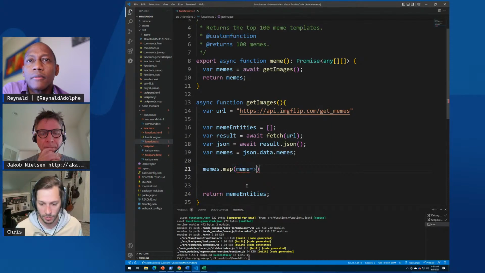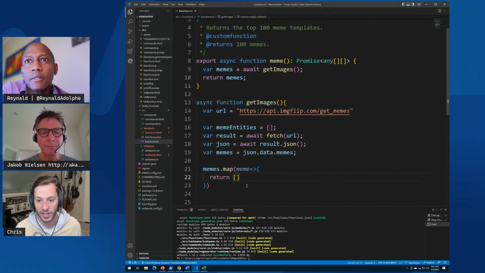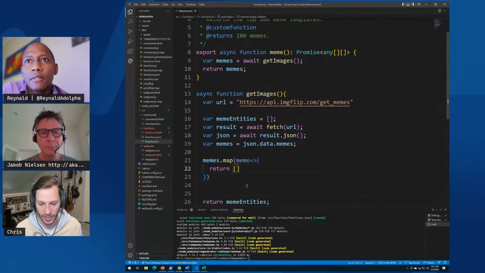In this case, I'm going to take in a meme. And what I want to do is the return that we're going to have, and this is where that 2D array thing gets a little wonky. Some of you might be wondering, why is he returning a one-dimensional array? The reason is because Excel needs 2D stuff. So every time I'm going to return an array with this new object in it, but it's going to contain a single